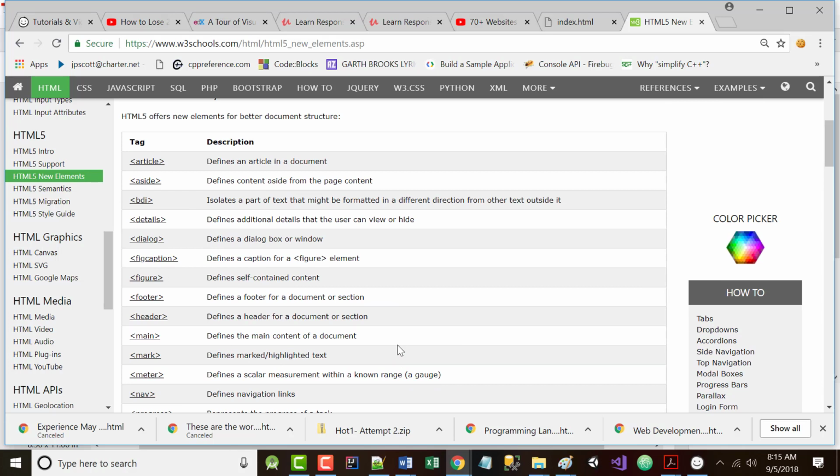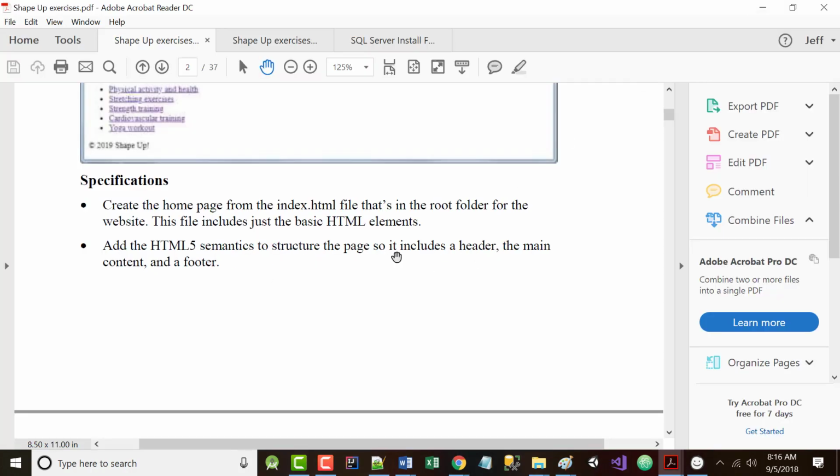If you want a more detailed description of any of these things, then I would go out to the W3Schools HTML New Elements page and take a look. We will talk about them. We've looked at them a little bit. We'll talk about them more in depth, some of them at least, as we go on throughout the text. So we want to add those new elements so that it includes a header, main content,